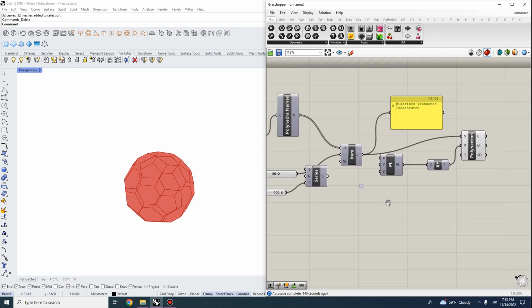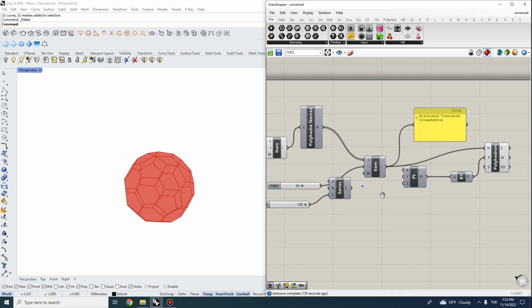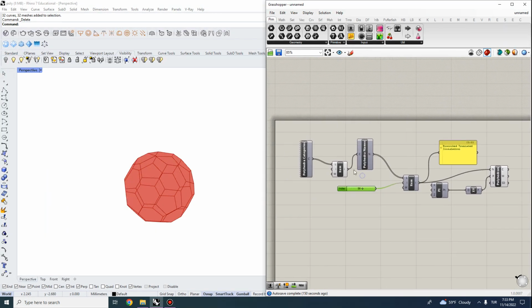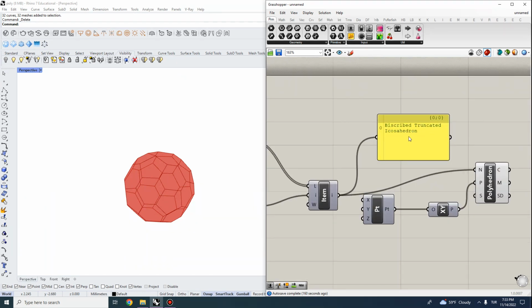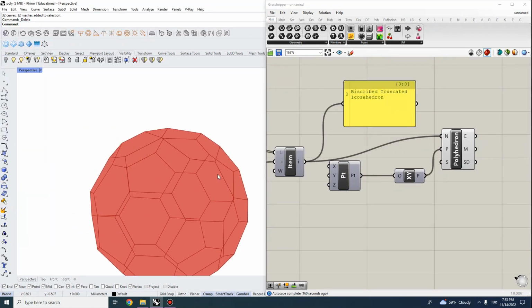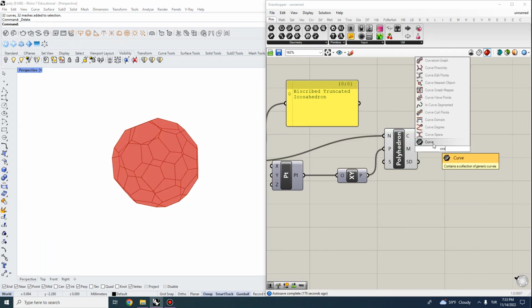Hi everyone. I'm going to be doing another exercise on the polyhedra today. So this one is actually going to focus on the bisected truncated icosahedron, which basically gives us distorted hexagons and regular pentagons. So let me actually show you by first,